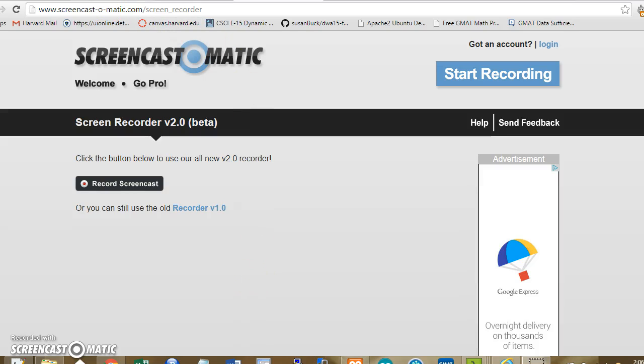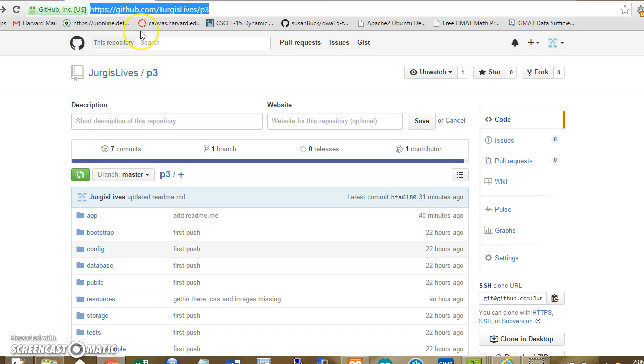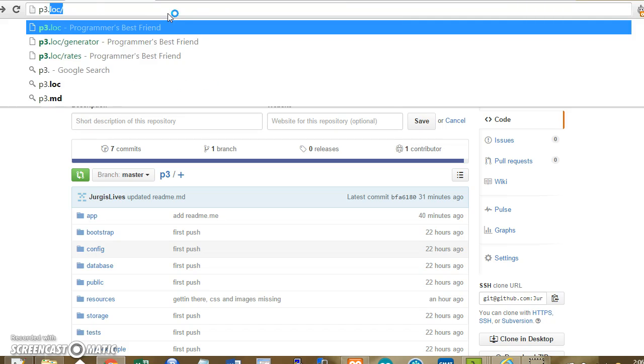All right, so I think that we're recording here. This is where the repository that P3 lives in is right here. So if we go to the actual